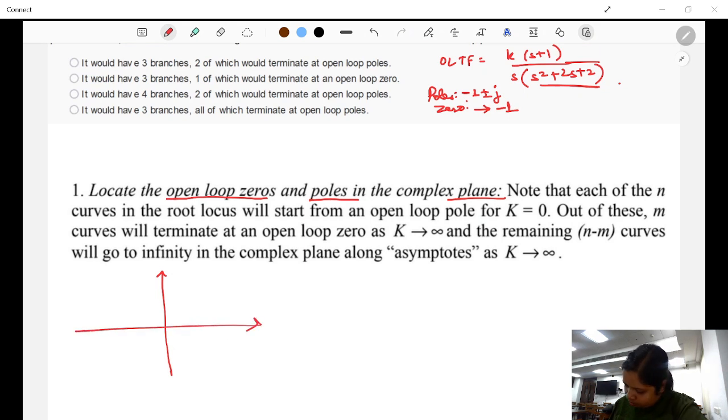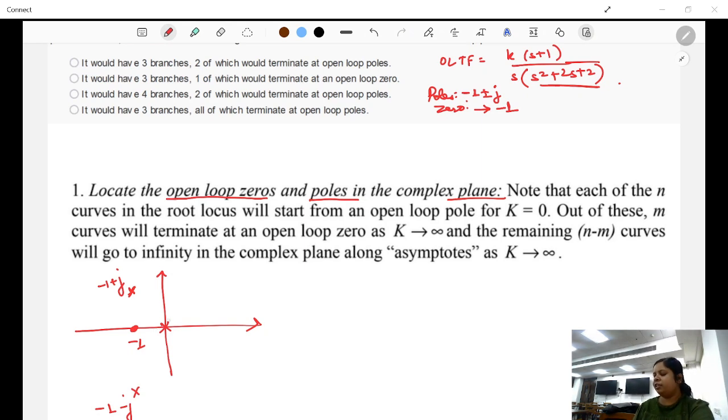Now see. You have a 0 over here for -1. You have 2 poles over here, -1 plus j and -1 minus j. And one pole at s is equal to 0. So anyway, what we are being asked is, from each pole you should have the branch going to 0 or